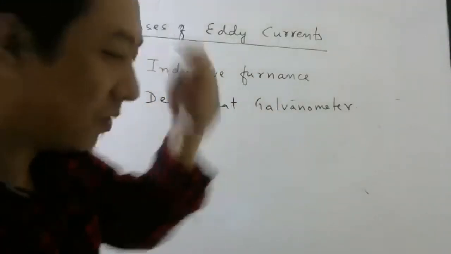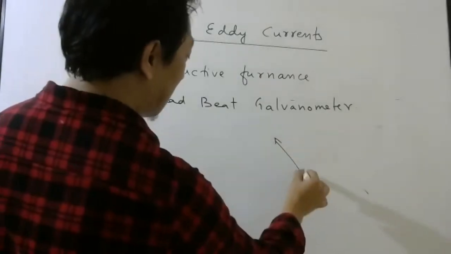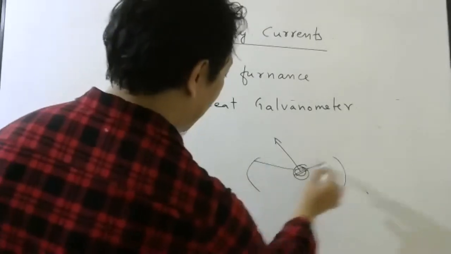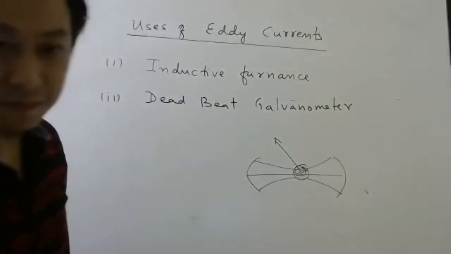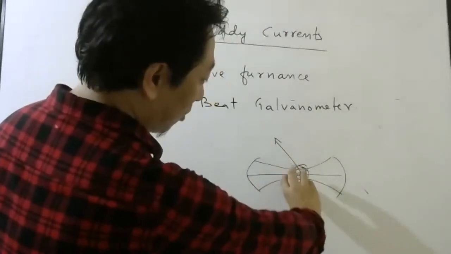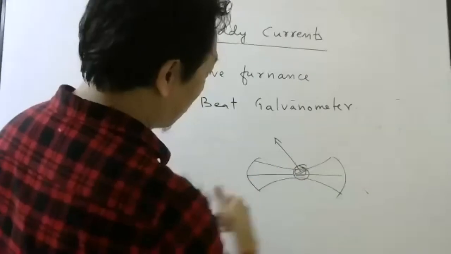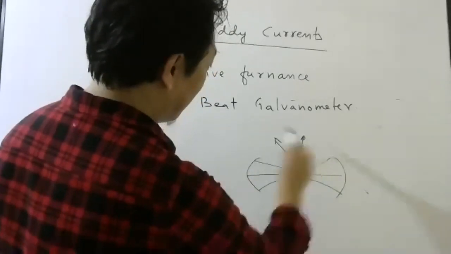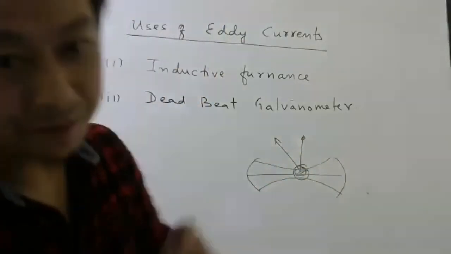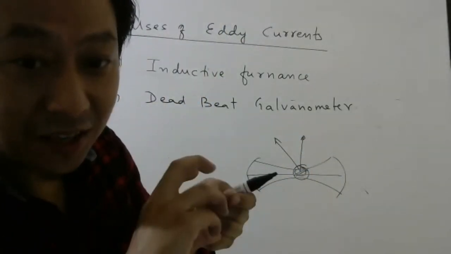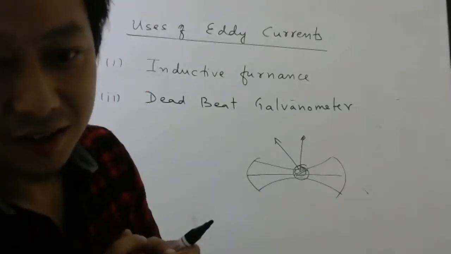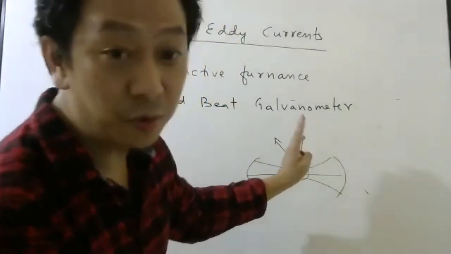Let us remember the galvanometer. In the galvanometer, you had a needle, remember? And there was a coil. And there was a magnet, so there was a magnetic field like this. Remember or not? So when you pass current in this coil, because of the torque, it rotates. As it rotates, the needle will rotate. Somewhere here in equilibrium, if you remember, I told the restoring torque will be balanced by the deflecting torque. Then it will come to rest.